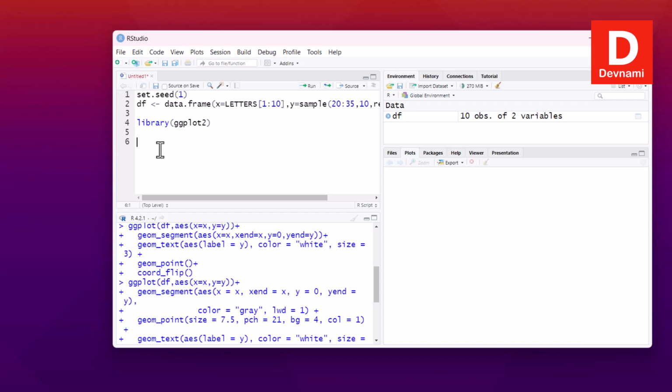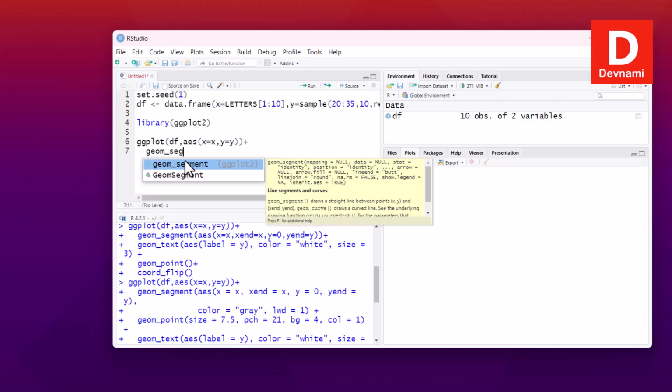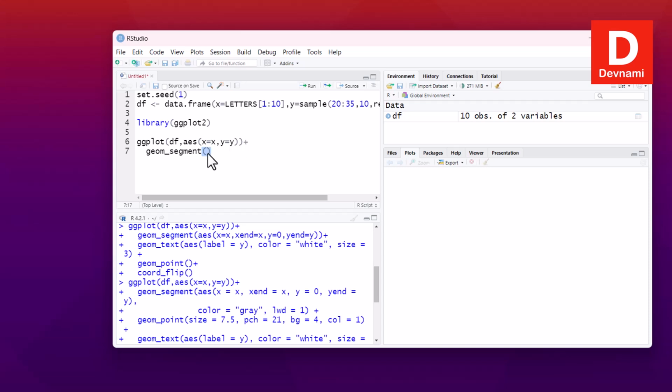Okay, so to add the custom text here, what we can do is write our typical statement for ggplot, aes set x to x and y to y, right? Also concatenating that with geom_segment. Here we will be adding the same x set to x, then xend set to x, and then y set to 0, and then yend set to y. So this is pretty much the same up to this point, but a few more things to